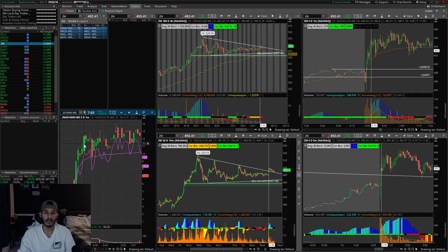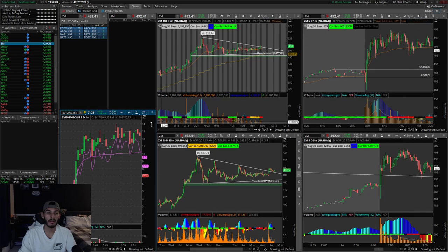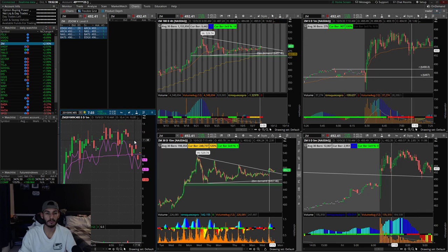So I got out at about... what was my exit? My exit was $11.60. So as price continued to chop all this, you guys can see that price didn't really do much. We went up to $14, which was here, but